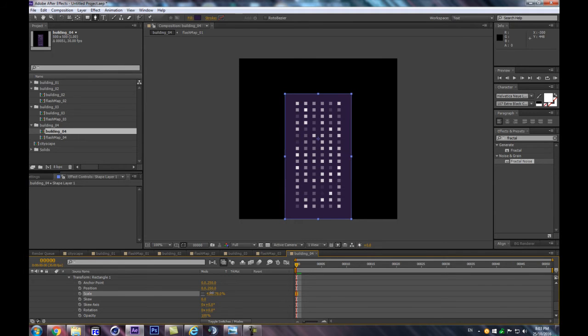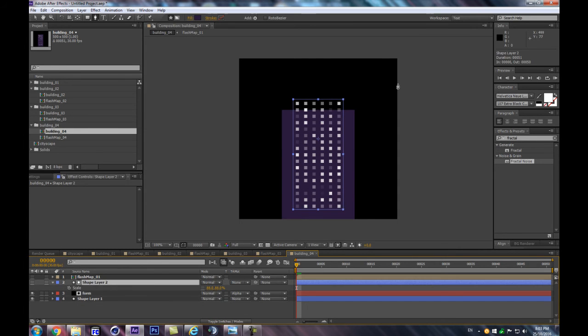Let's make it a little bit wider. Something like that, even maybe a tiny bit smaller, because on this one, and let's hit V, reduce the mask on that,